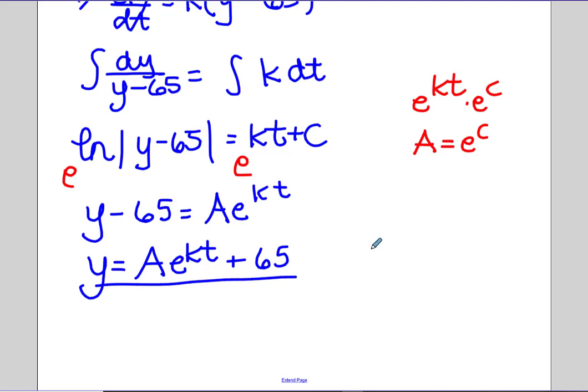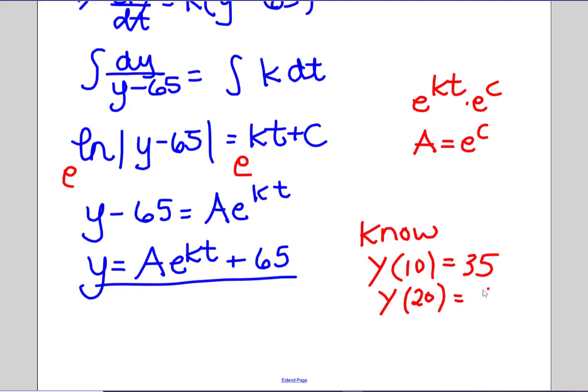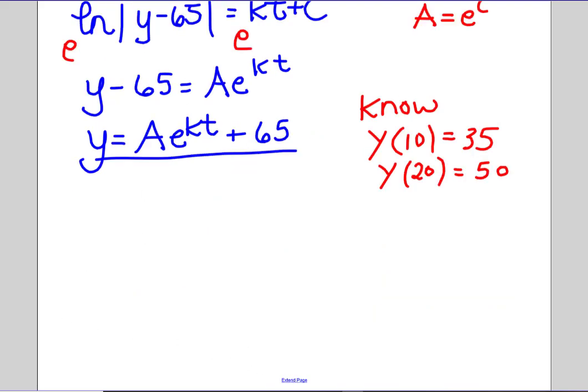Now, we know already from the beginning that at 10 minutes, the y of 10 was 35 degrees, and then the y of 20 was 50 degrees, so it got cold and then it got hot. Okay, so we want to substitute those values in. So that would be the next thing. So by substituting,